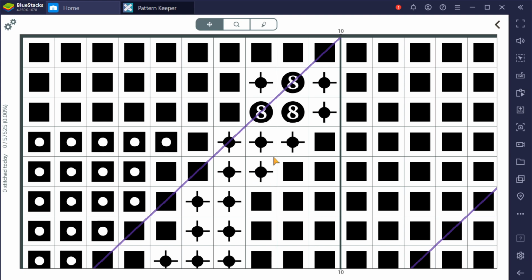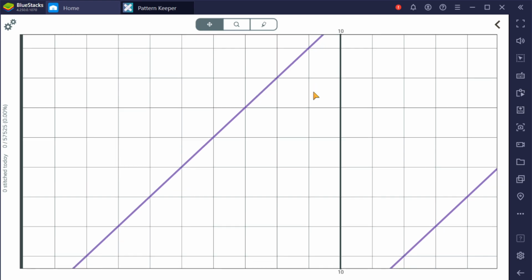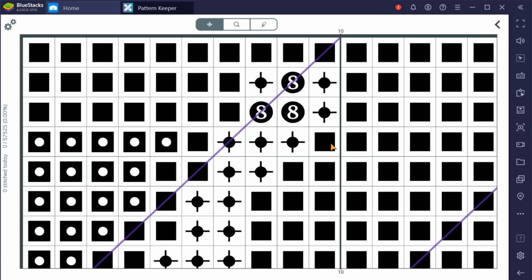The way that I do parking is I do parking on the diagonal. So that's why I have these lines. There are reasons. You can technically do parking any way you want. You can do parking in a 10 by 10 square. You can do parking in rows if that's what floats your boat. I do it on the diagonal, and the reason I do it on the diagonal is because when you are